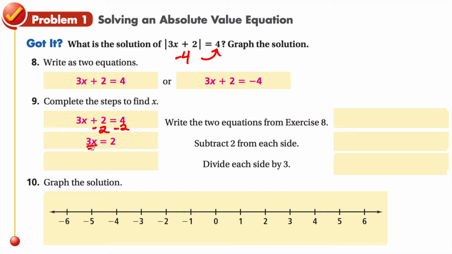And then last but not least, we're going to divide everything by 3. And when you get that, it'll become x equals 2 over 3. And I wrote it up so you can see it a little bit nicer. The next one,